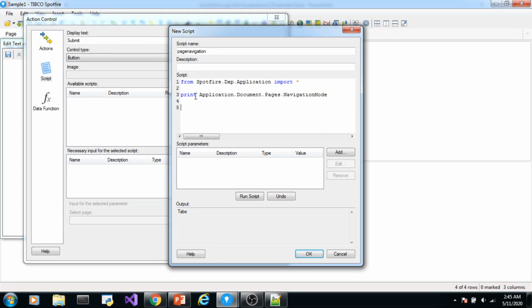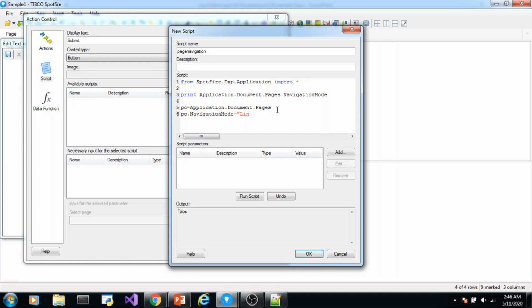or what you can do is create one variable. You can store the reference to the collection of pages in that variable. Now you can change the navigation mode is equal to, there is nothing like tile, tabs or links.